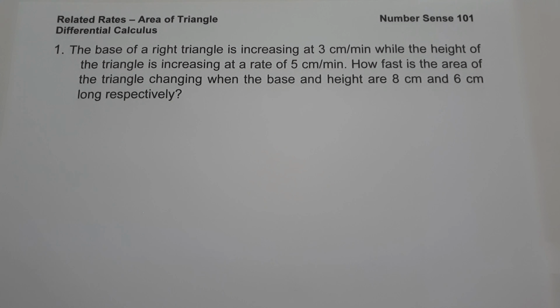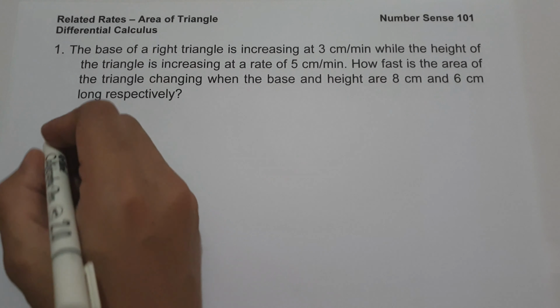In this video, we are going to focus our discussion on how to find the area of a triangle in relation with related rates. In the first example, the base of a right triangle is increasing at 3 cm per minute, while the height of the triangle is increasing at the rate of 5 cm per minute. How fast is the area of the triangle changing when the base and height are 8 cm and 6 cm long respectively? So the first step that we're going to do to answer this question is to illustrate the given